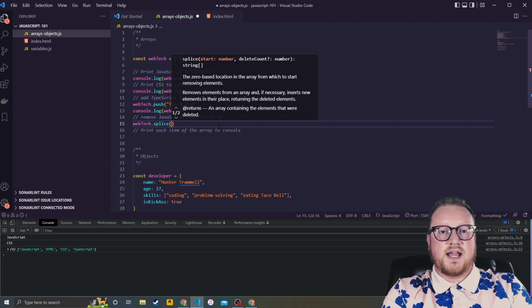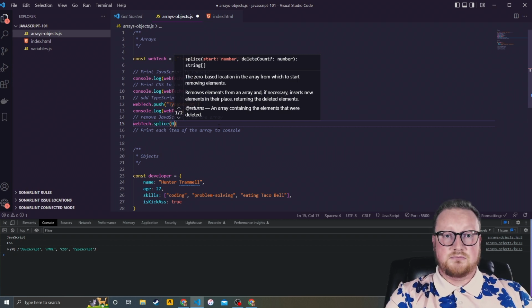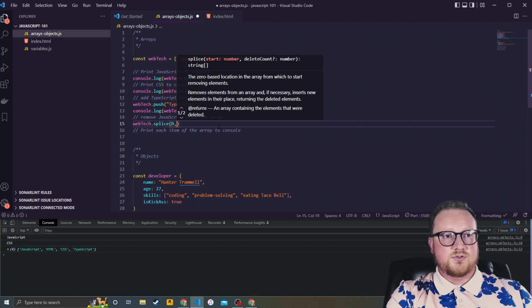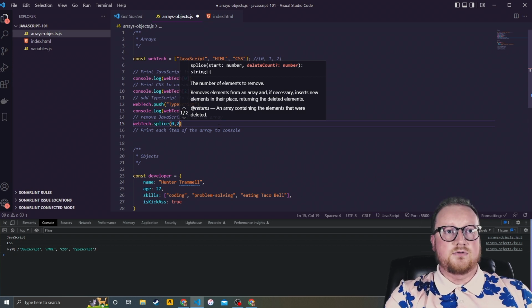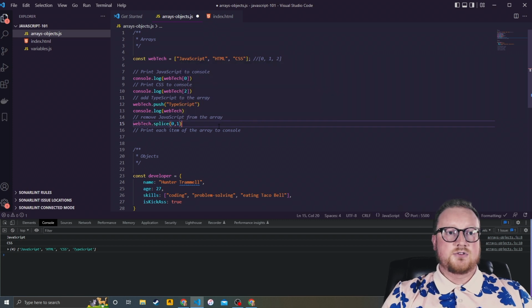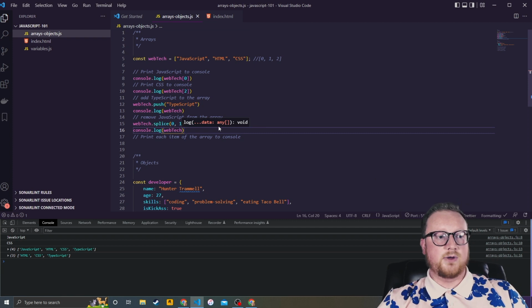And then the second item is how many items to the right we want to delete. So since JavaScript is the first item in the array, I'm going to start at 0 since it's in the 0 index. And I only want JavaScript to be deleted, so I'm going to say 0, 1. Now, if I did 2, it would remove JavaScript and HTML, but I only want JavaScript deleted, so I'm going to make that a 1 because I want 1 item to be deleted at the 0 position. So now if I console log this again and save it, you'll now see we have an array of just